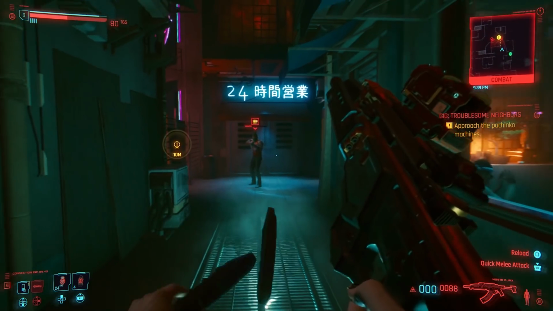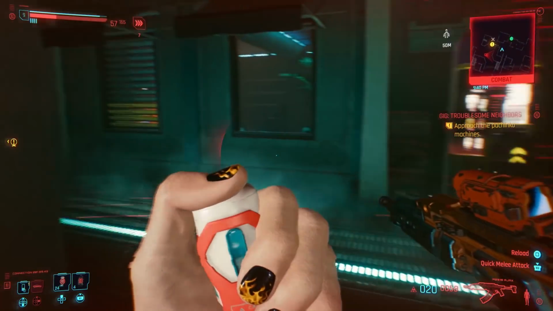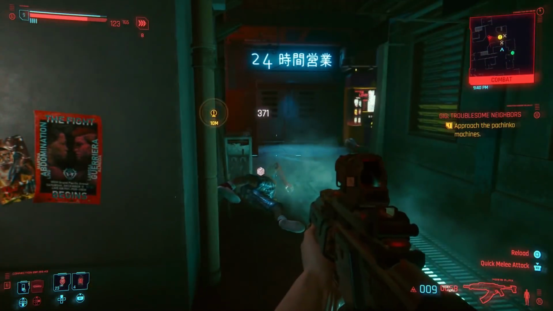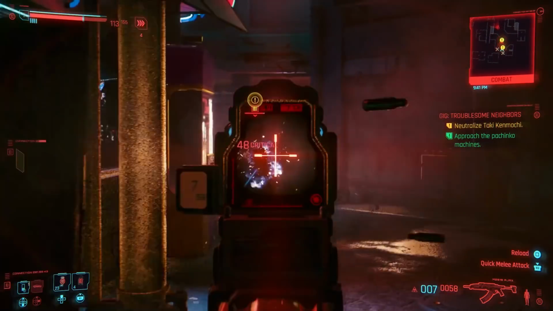Most of the time, there's only one person and a target is being protected by two other people. This is very easy XP because all you need to do is kill the person that you're targeted to kill, and if you really want to, you can go and kill the other two. Very, very simple stuff. And you can get anywhere between 500 to 1000 XP for this for your street cred,